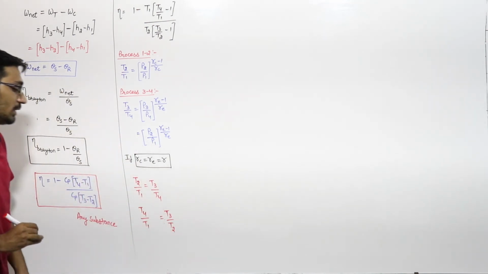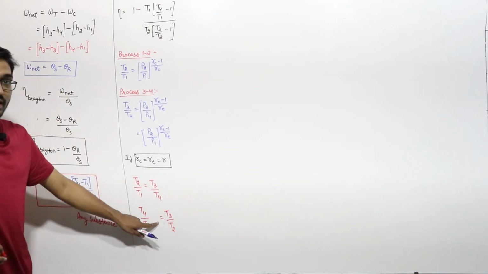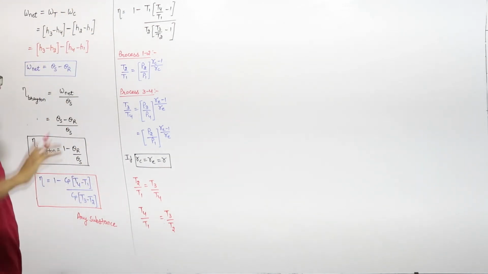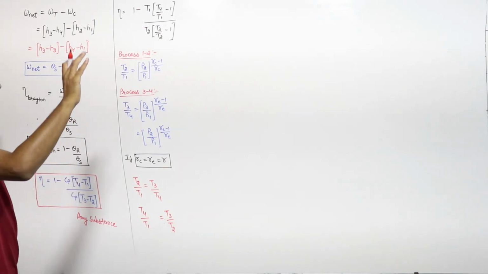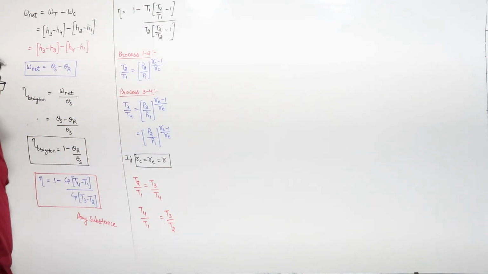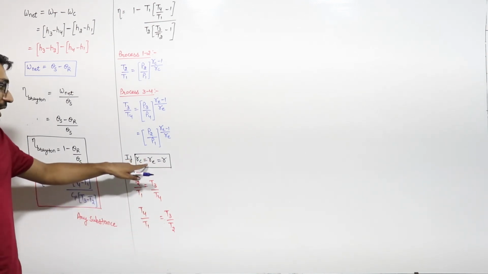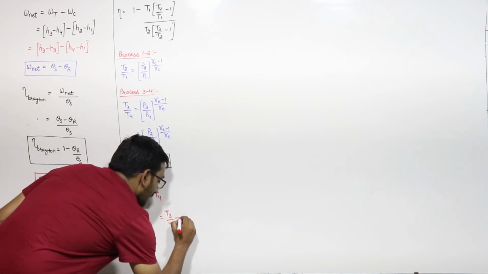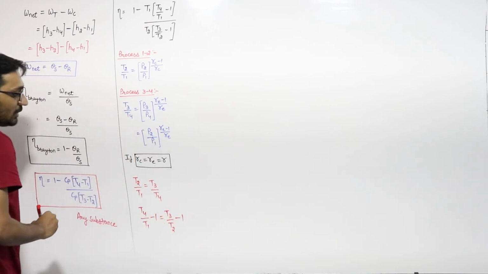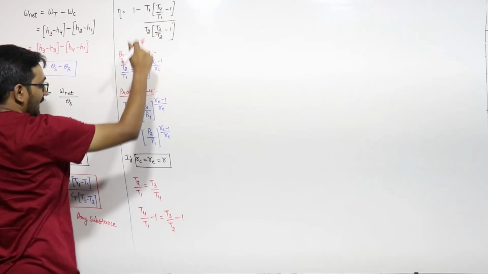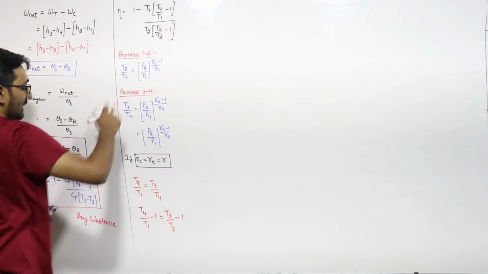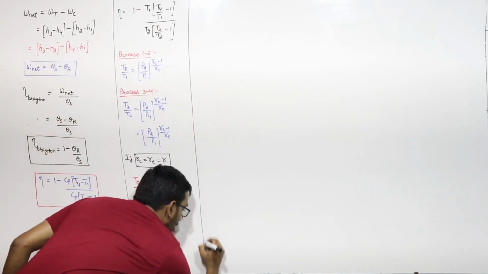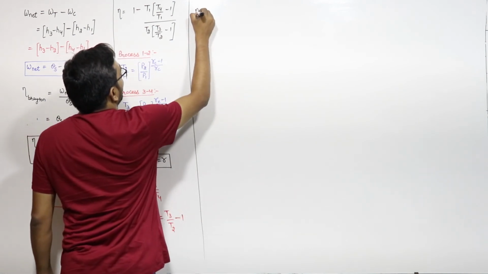T4 by T1 will be equal to T3 by T2. You have to remember this, that for the Brayton cycle you can write T2 by T1 is equal to T3 by T4, or you can write T4 by T1 will be equal to T3 by T2. This relation you just remember if gamma for compression and gamma for expansion are same, right? If I subtract 1 from both sides, so this will be equal, right? So T4 by T1 minus 1 and T3 by T2 minus 1, they are same and they will cancel out, right? So you will get from here